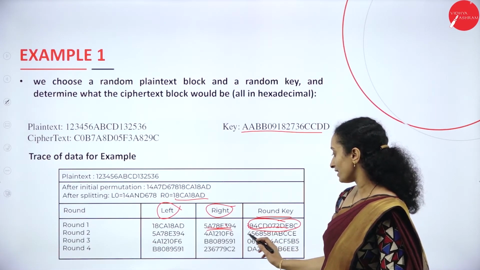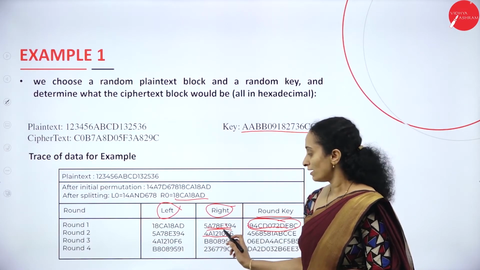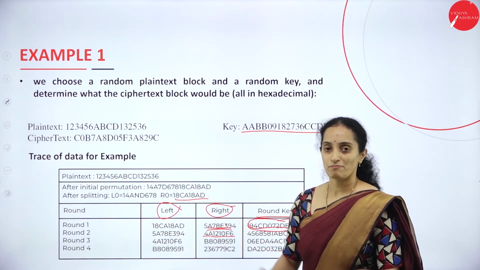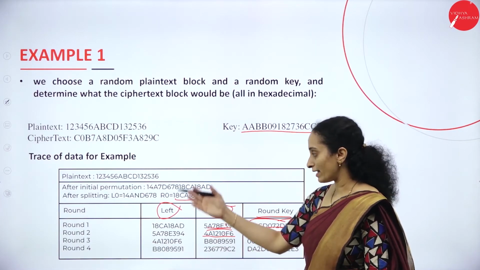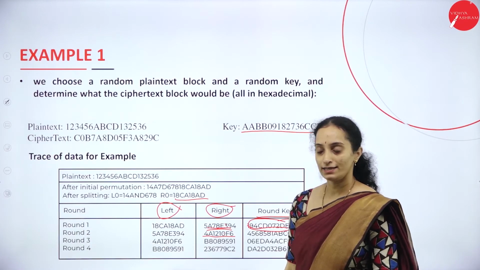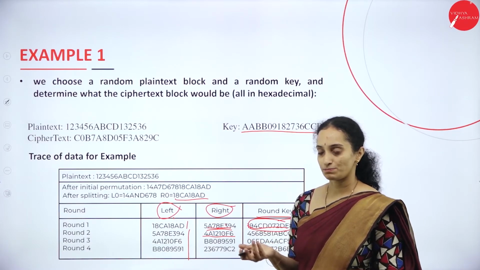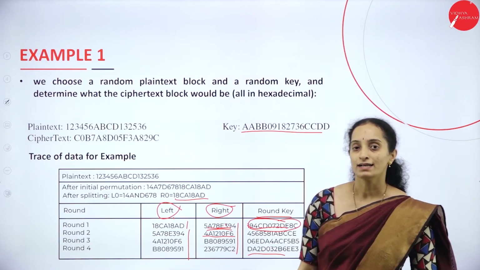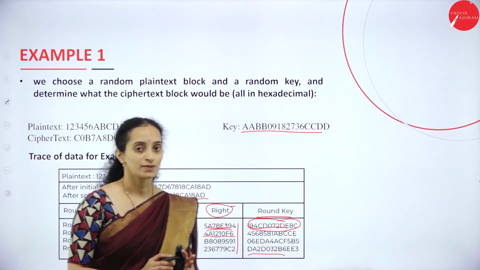What you can observe here is that the permutation result of this round will be input for the next round in the adjacent part. If it is in the right, the result of round second or any round in the right position will be the input for the next round in the left position. Okay, so this is the left part which is permutated, and the right part and the round key. This is, as I said, entirely random, it is not ever fixed, it always goes on changing.